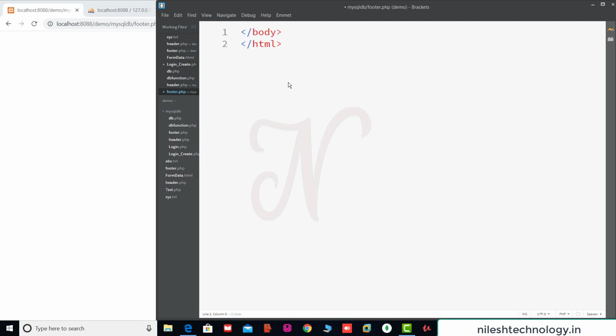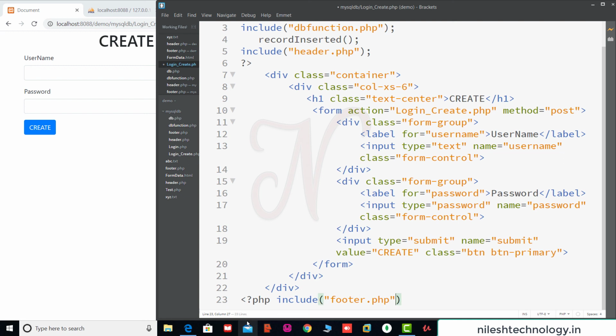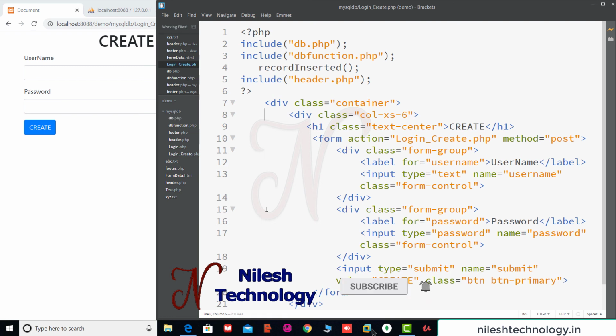This is a basic program, so there is no footer section here, so just move these two lines, save here. And in this login create section, here we include the footer.php file, save. Now this code is more advanced. We convert all this code into different files, so this is module based code.